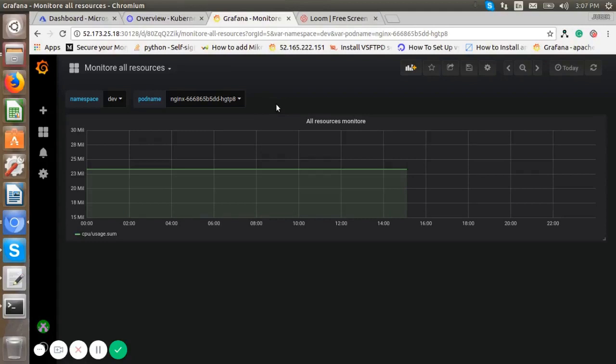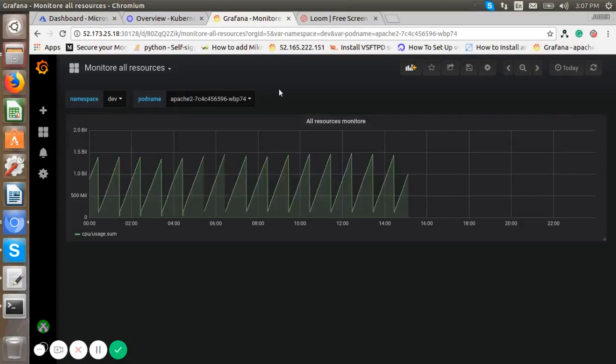Now we can monitor only a specific container, like only the Apache container resources. For this, we can add another user to ReactiveWorks. We can add one normal user to the ReactiveWorks organization. So we log in again as the admin user and add the normal user.